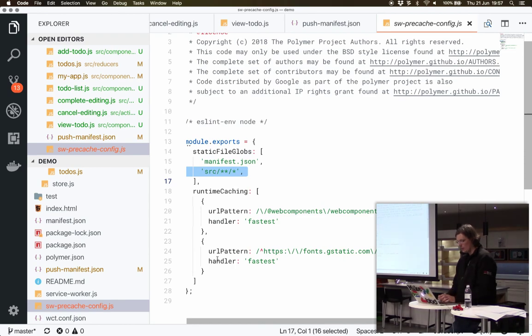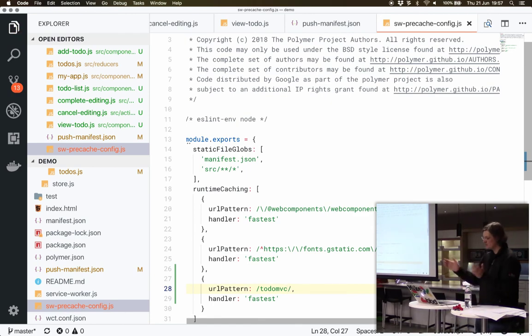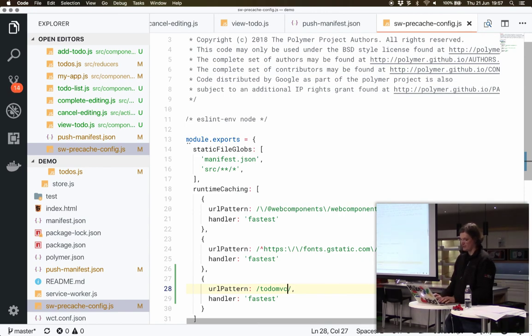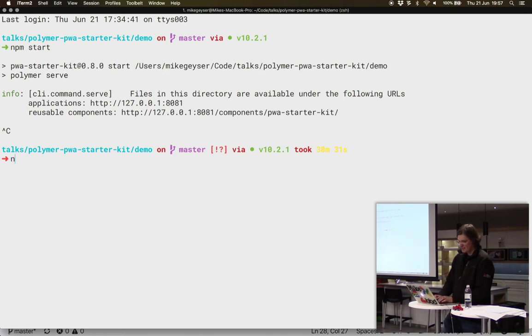But either way, all we want to do is make sure that it'll also pre-cache those two CSS things for us out of the box. And I'm just going to make sure that it's looking for anything to do MVC. So if it matches a URL that has that in it, it's going to pre-cache it, which will be sent through on H2 push. So if I cancel this, and I now go npm run